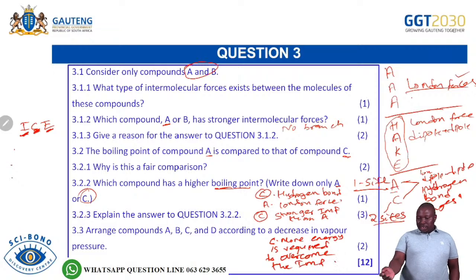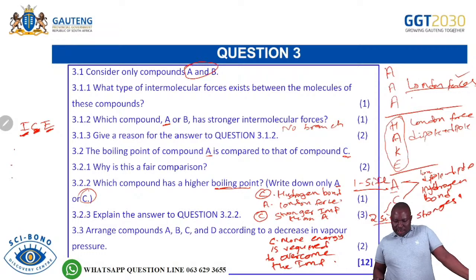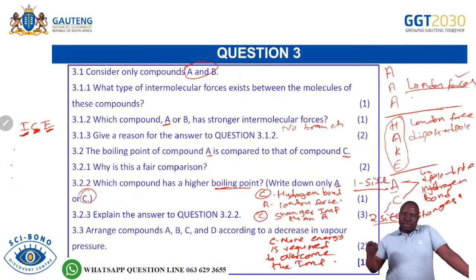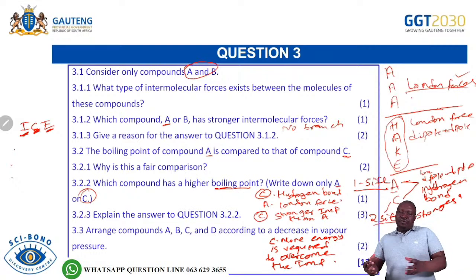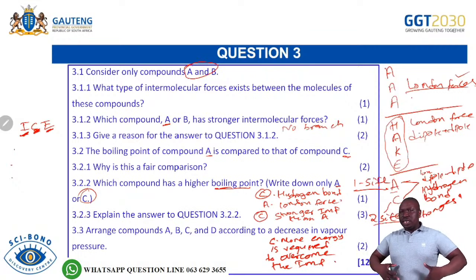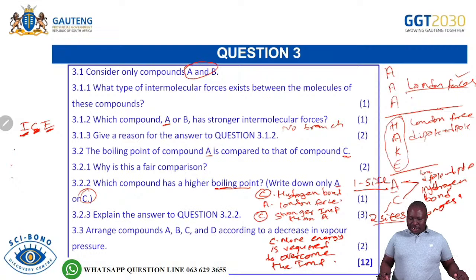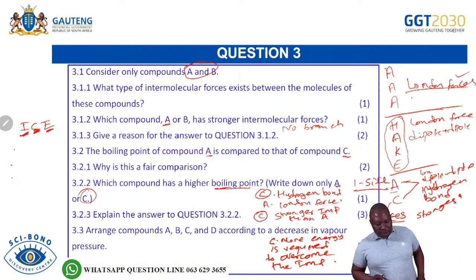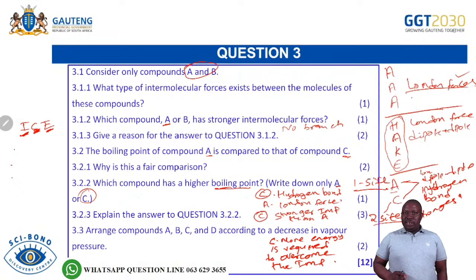Now, that is how your 3 marks will be allocated. It will be for the intermolecular force, for comparing the strength of intermolecular force, and for the energy. But when we talk about energy, always say energy required to overcome the intermolecular force. Remember, this is your paper, 90 minutes. You must be done with the whole paper. Even ourselves, we must ensure that in these 90 minutes we are able to do the entire paper so that you can see that it's doable.